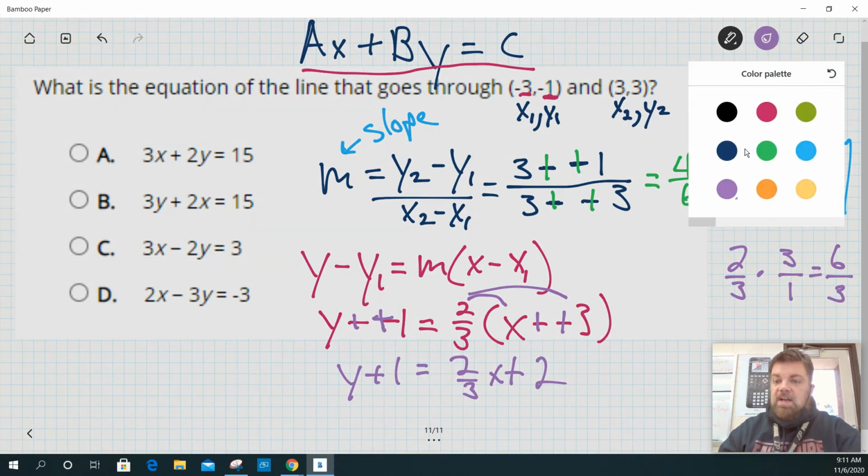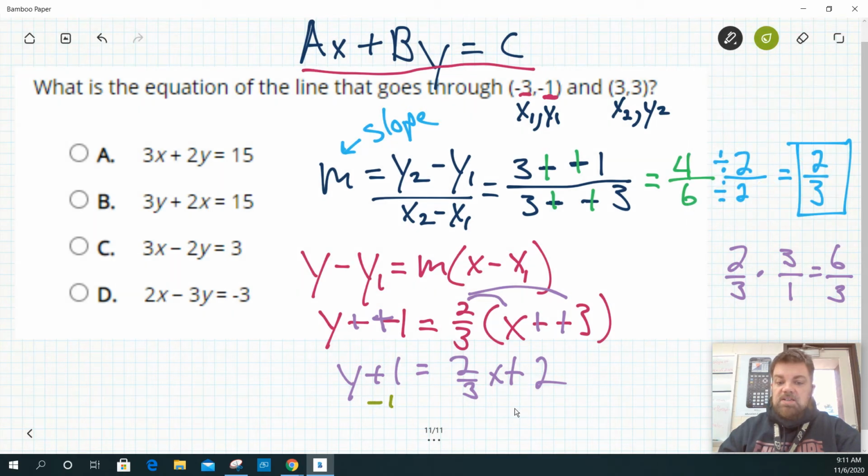Okay, so now I'm going to subtract 1 from both sides, and I'm running out of space, and that gives me y is equal to 2/3 x